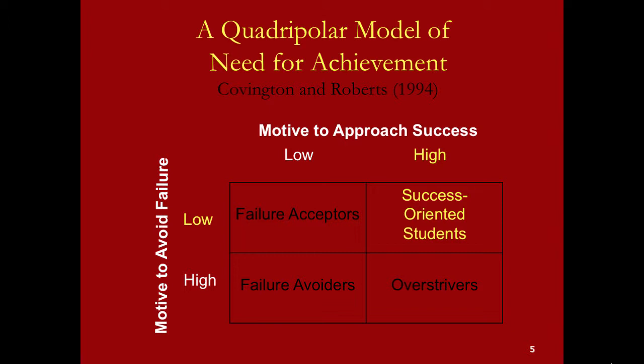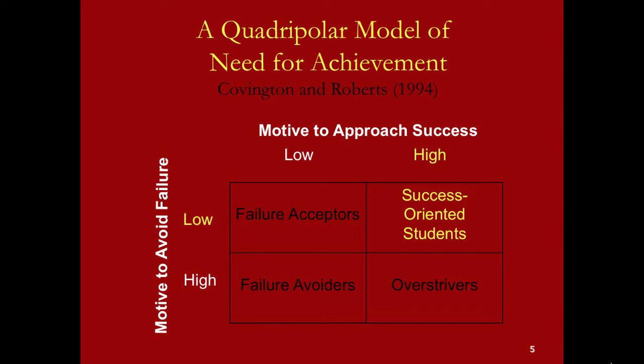Because students who are success-oriented have a very high motivation to approach success, they want to jump in and learn as best they can. This usually results in a very deep level of learning, a very deep level of involvement in the activity. These students tend to set more challenging goals for themselves and engage at a much deeper level. For example, a student who is a success-oriented student most likely would engage in more meaningful learning strategies because their goal is to learn and to master the content. It's not just to avoid failure.